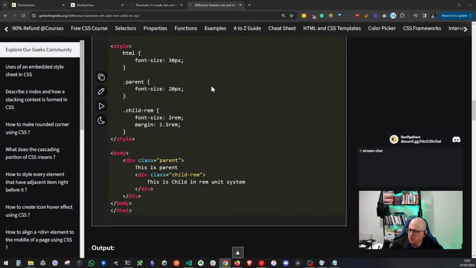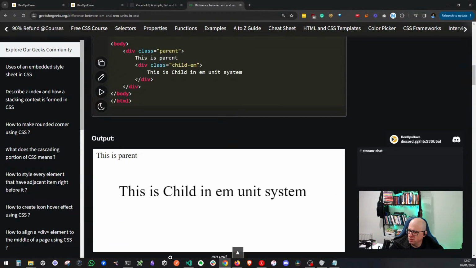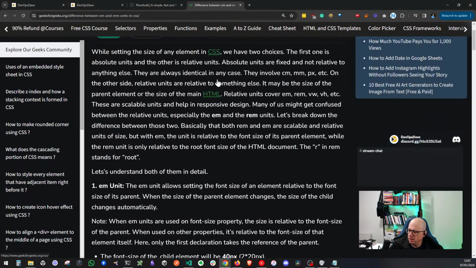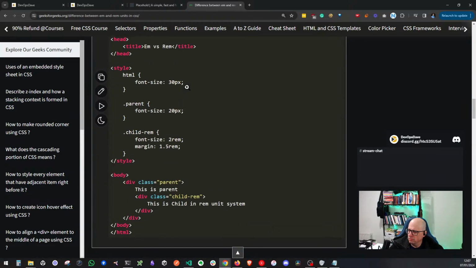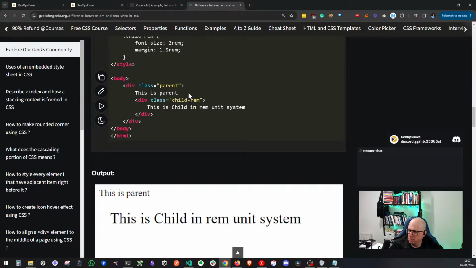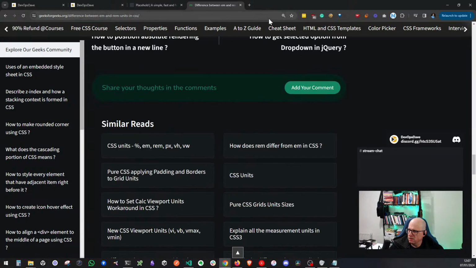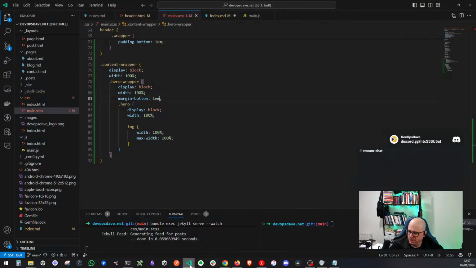Child rem. Okay. Let's just double check what that looked like. Well, I can't see a difference between those two. Let's go ahead and switch to rems. I remember hearing that was a better option, but